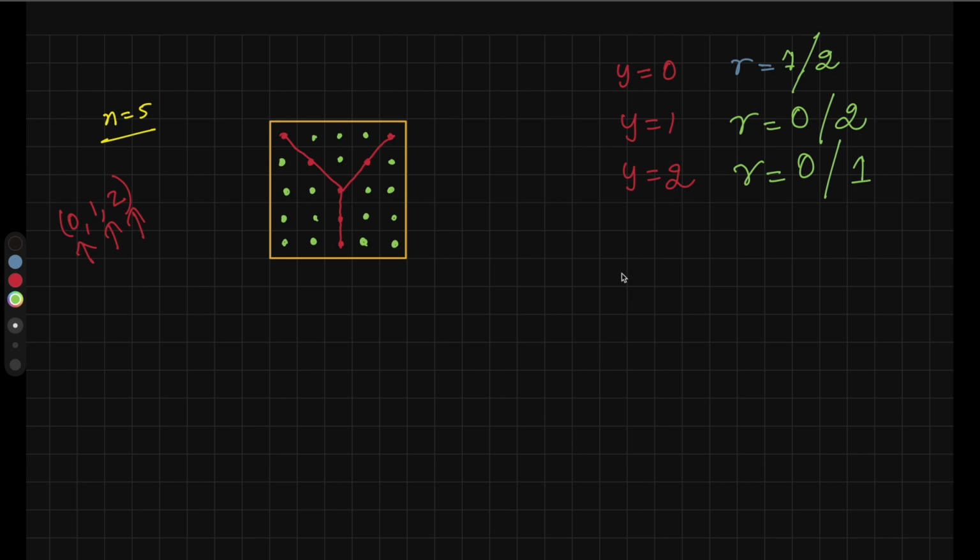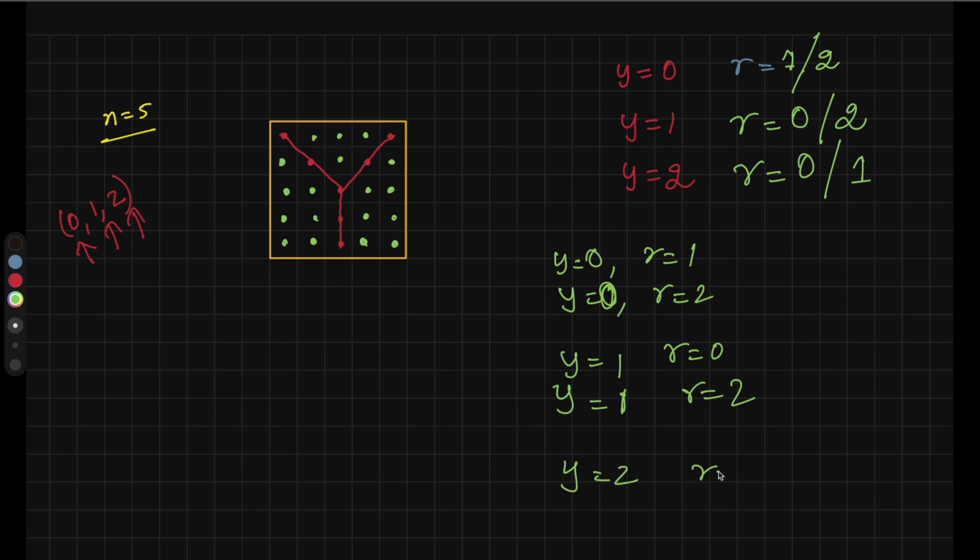So we will choose these combinations: Y as 0 and remaining as 1, Y as 0 and remaining as 2, Y as 1 and remaining as 0, Y as 1 and remaining as 2, Y as 2 and remaining as 0, and Y as 2 and remaining as 1. I am writing these values from these combinations. For all these combinations, we are going to iterate through the grid boxes,